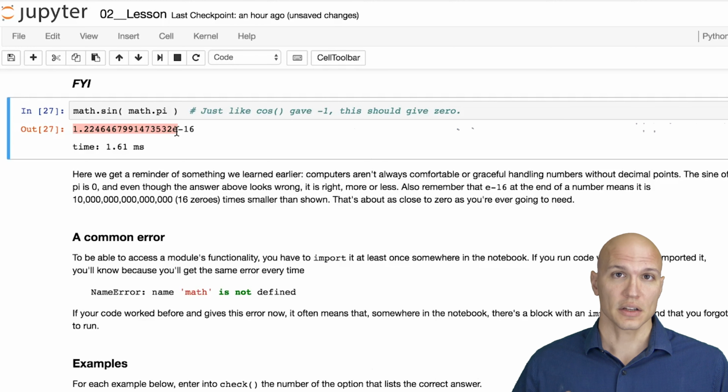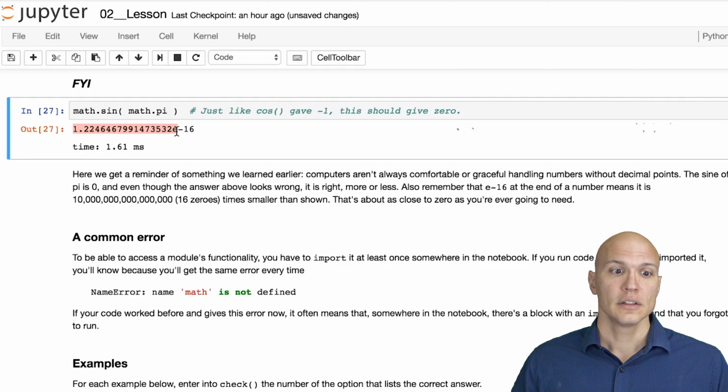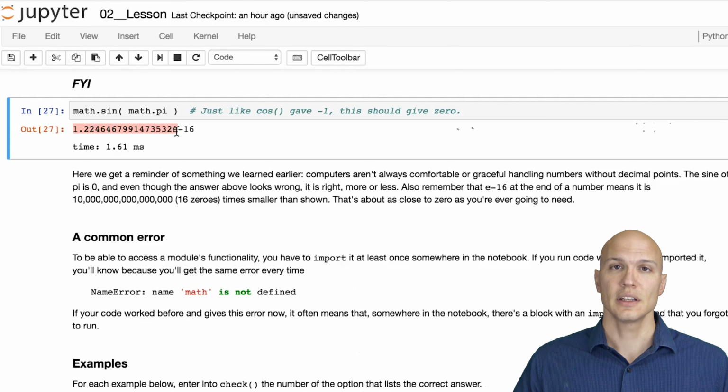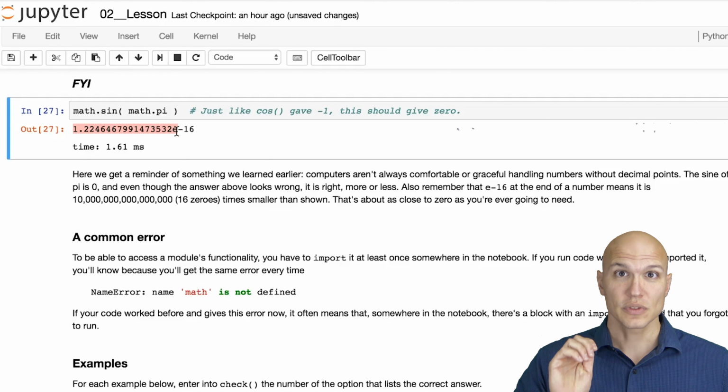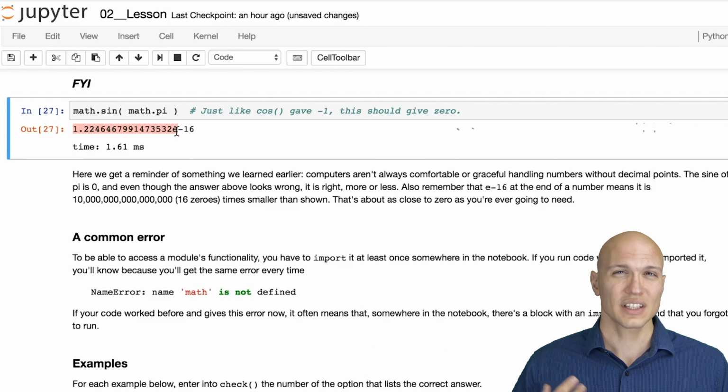That's because computers in general have trouble dealing with continuous numbers. They kind of like integers, they like ones and zeros, they don't like decimal points so much. So you're going to get this awkwardness every now and then, and you're going to have to remember that any number with 15 zeros in it is a lot closer to actual 0 than any number you're ever going to be working with in your normal life. You're just going to have to remember that